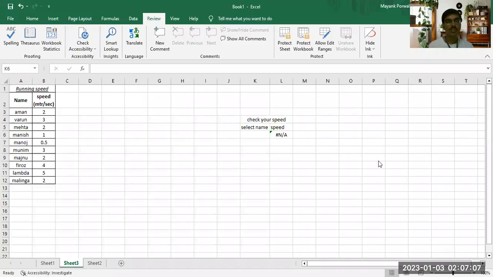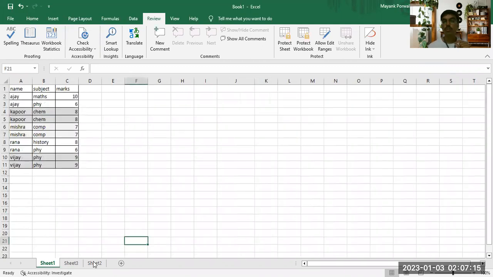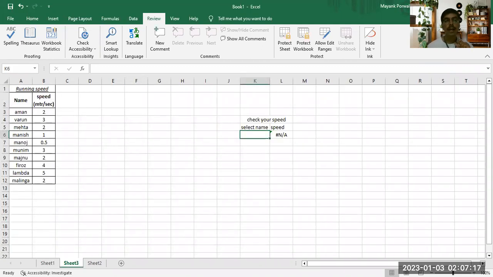Hello. So today we will learn about firstly sorting in some advanced manner, some custom sorting that we can do. Also removing duplicates and data validation functions in Excel. So suppose I have this data and I want to sort the data in ascending order of